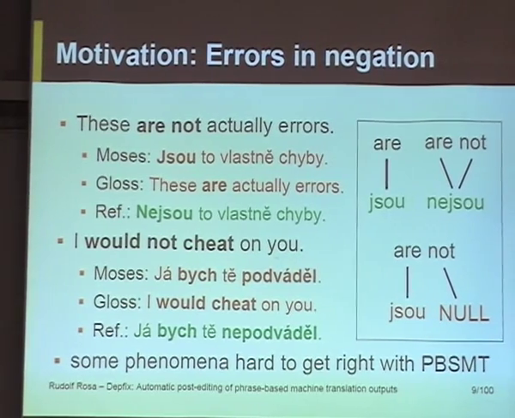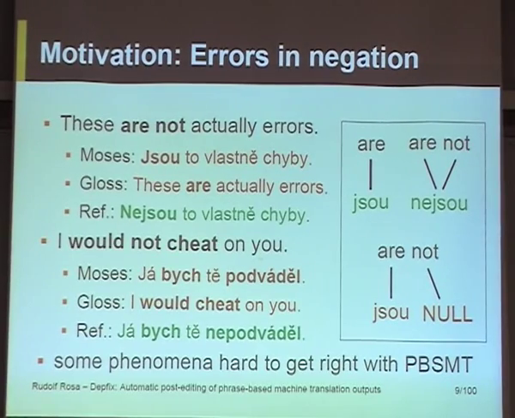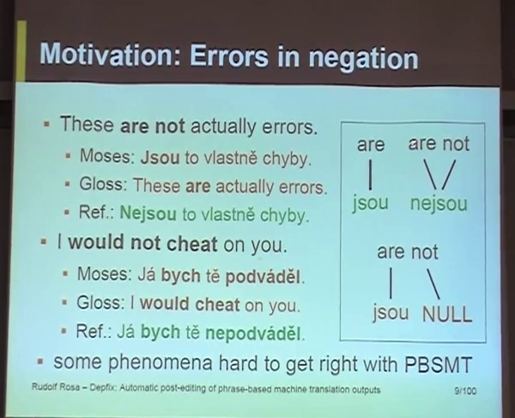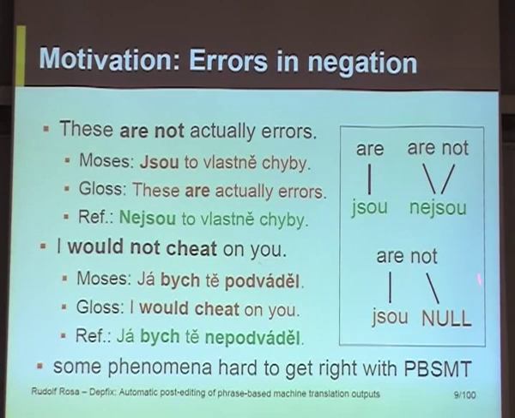If you are a bit familiar with statistical machine translation, so the problem is in the different ways that negation is expressed in Czech and in English, where in English there is a separate token for it, whereas in Czech it's only a prefix, and when we do the alignment, so it can easily get misaligned and the negative particle may be lost.